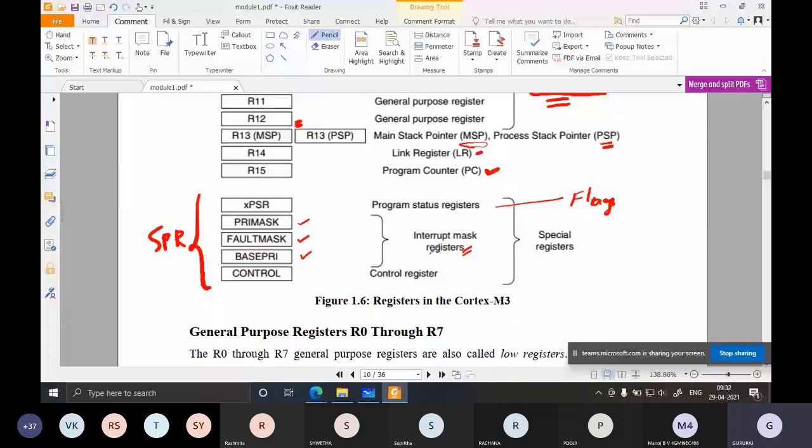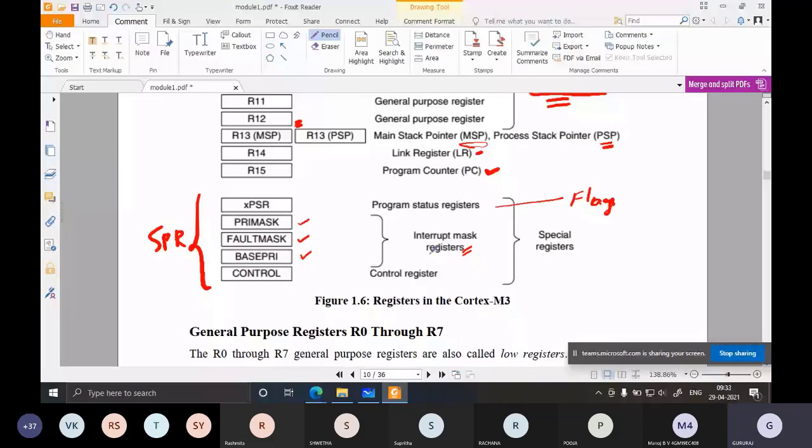See, it is just like, suppose whenever the class is going on, the teacher will close the door of the classroom. Once the classroom door is closed, he is not allowing any interruption from the outside to his class. Whenever he is handling the class, no interrupt should come. That is why he will close the door. So he is masking the interrupts. So he is ignoring the interrupts.